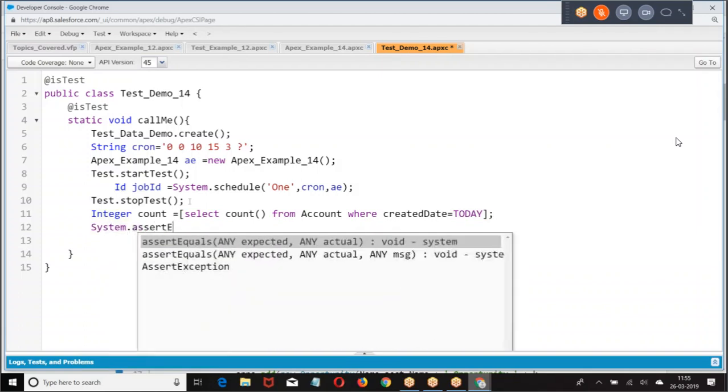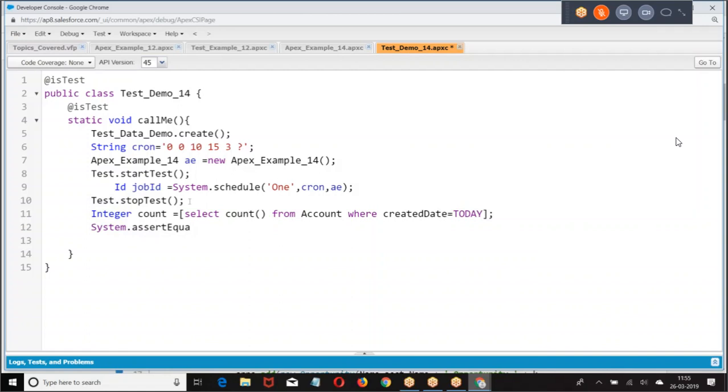If the scheduled Apex is running properly, count should be... System.assertEquals(0, count).